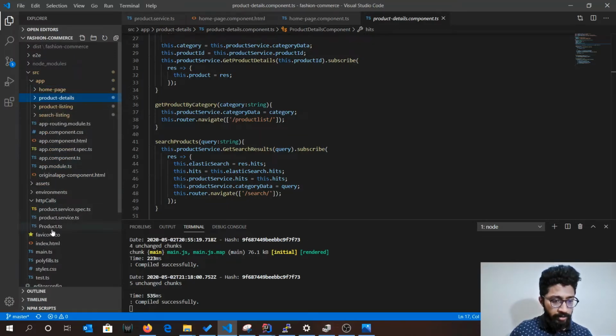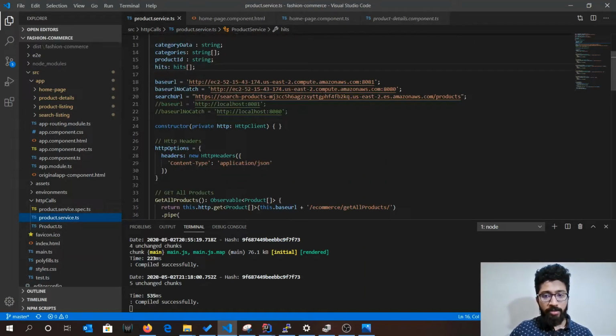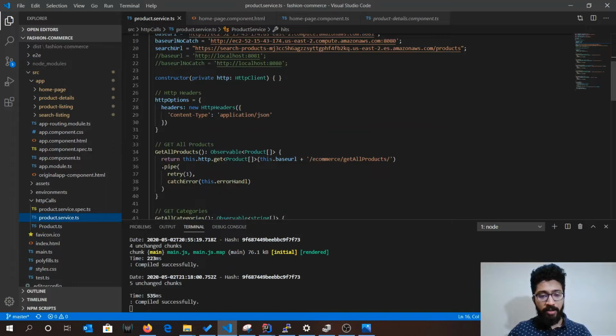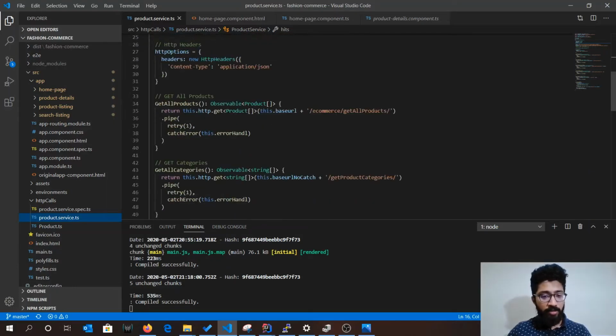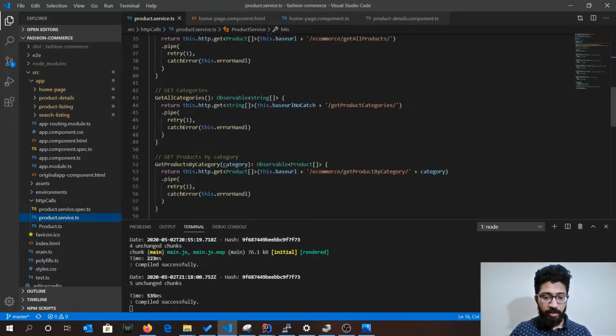And now that we have the functions, let's take a look at how the HTTP calls are made. If you open the product services, you can see this is our base URL where we are connecting to the Amazon Web Services EC2 instance. We also have these APIs that we have defined here. This is what integrates with our Spring Boot forwarding and caching application, and it gets the products, gets all categories, gets products by category,